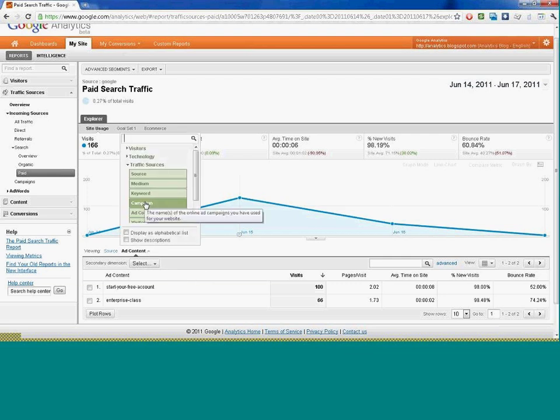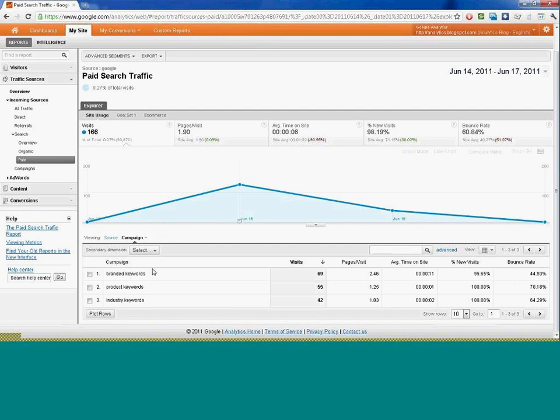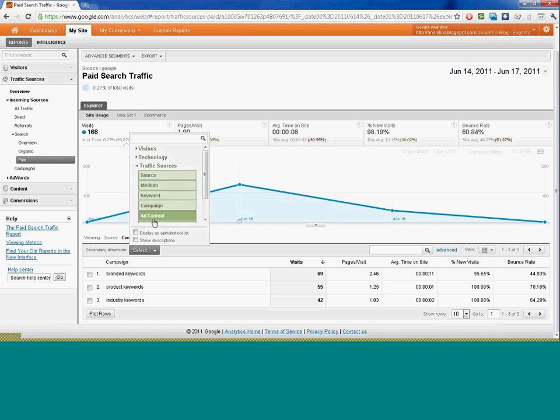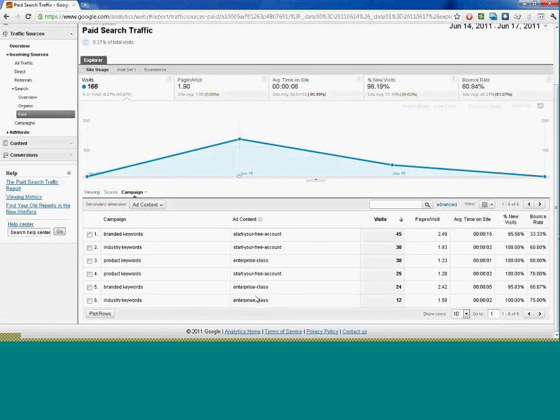And you may want to say, well, I want a combination of data here. It's not just about the campaign. I want to know, for each campaign, I use similar ad text for each of them. So again, our primary dimension here is campaign, but we may want to add a secondary dimension, as was discussed in our last training or in trainings before: for each campaign, what ad content was the most effective. Right? See that the branded keywords campaign actually had two different ad copies,